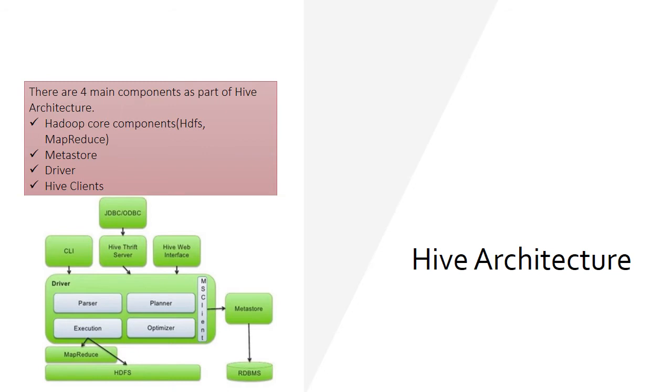Let us see the execution process of a Hive query with the help of JDBC/ODBC connectivity. The Hive interface, such as the command line, web UI, or Hive Thrift server, sends the query to the driver. The driver takes the help of the query compiler, which parses the query to check the syntax and query plan. The compiler then sends a metadata request to Metastore, that is any database. In return, Metastore sends metadata as a response to the compiler to parse. Then the driver sends the execute plan to the execution engine.